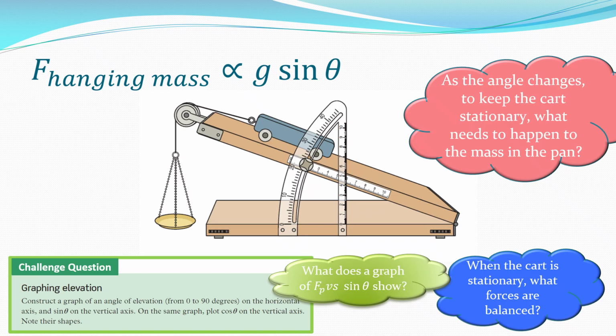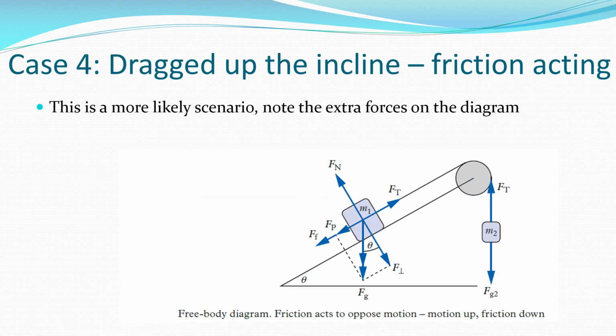We often do these sorts of scenarios where we adjust the hanging mass here and we adjust the angle here and keep the thing stationary. As the angle changes, the component down the incline of the mass of this cart starts to increase. We've got its mass here, but the parallel component down the incline gets bigger and bigger. So we have to start increasing the mass here to make them sit still, and we can look at the relationship between force and angle to keep it stationary because acceleration is 0. You can have a look at that when you start doing some experimental work. Righto, next one, last one